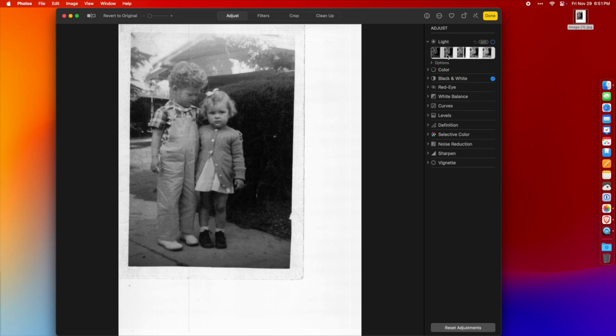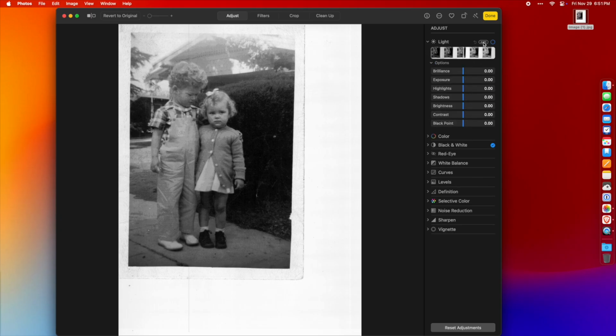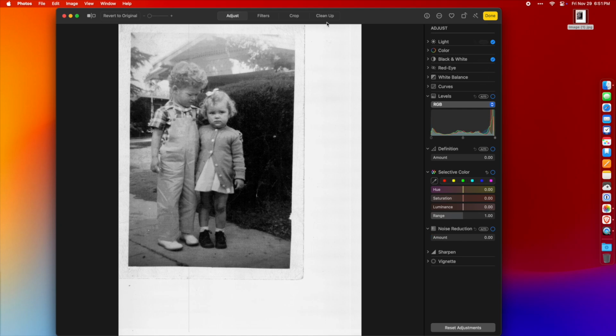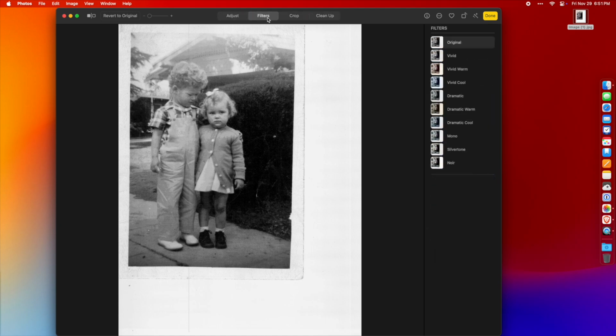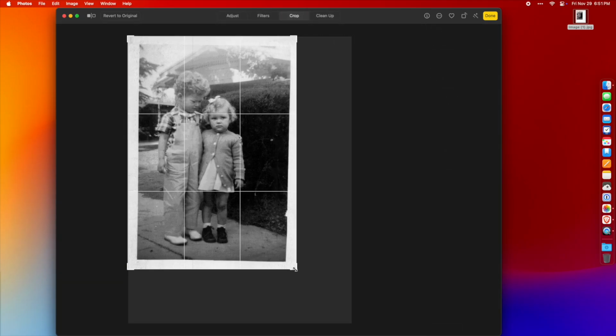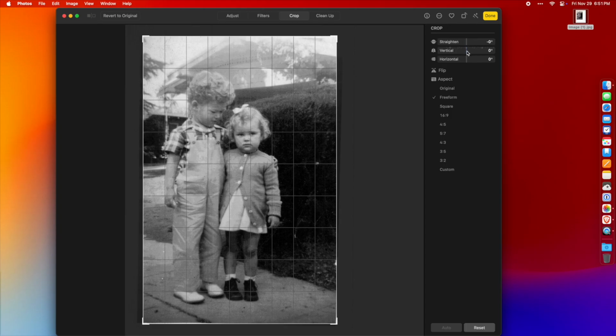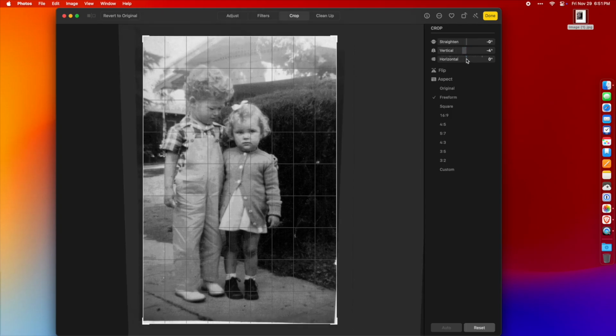I'll do the same thing with light. Again, lots of options to play with. I'm just going to select auto. I think that looks pretty good. If you're really into photography, you can come in and play with a lot of different settings, but we're not going to do that today. Instead, we're going to come across the top. Filters, if you would just want to use a default filter. We're going to crop it, of course. Great, looks good. If your phone doesn't take a straight-on photo of this image, you can tilt it in a lot of different directions to make sure you're looking at it head-on.